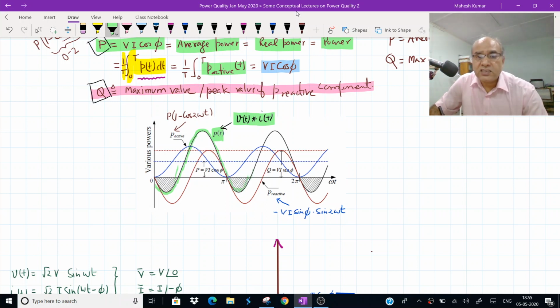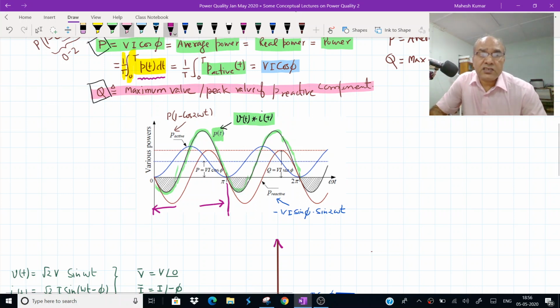So P has the positive and negative values over a cycle, and frequency is double. Actually, it oscillates at double the frequency of the power supply frequency, but therefore the cycle for the power is from this point to this point. Okay, this is one cycle for the power cycle. Okay, from here to here, and you can see from this point to this point there are two kinds of thing.